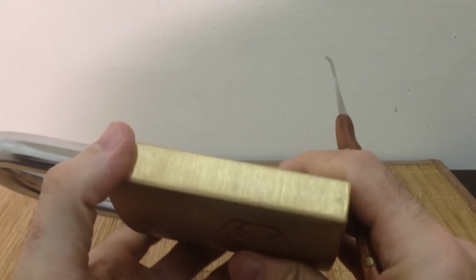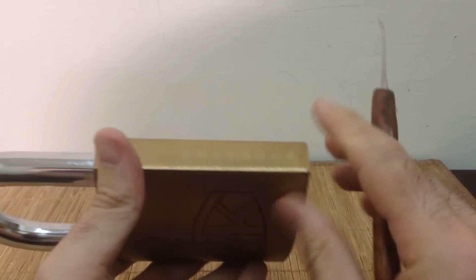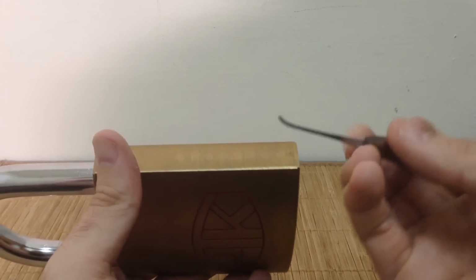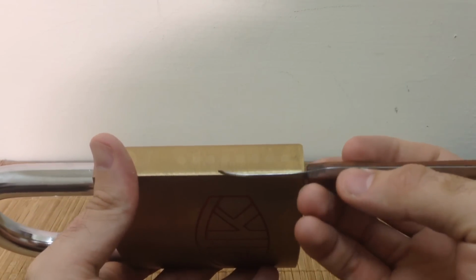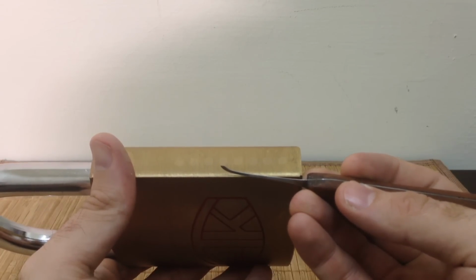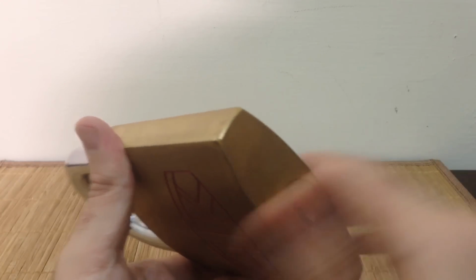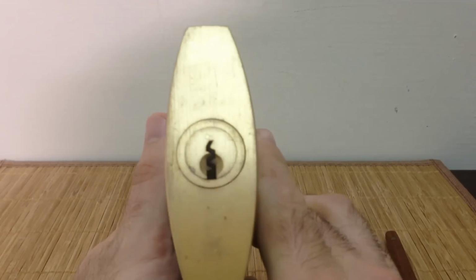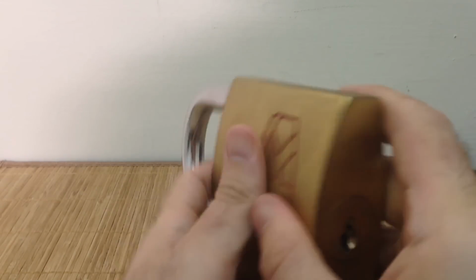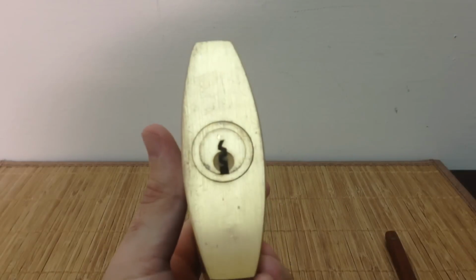You could probably tell that this thing would be so fun to pick. The only problem is the cylinder is so long that you need some very long picks to do so. If you use a normal pick like this one here, you'll get just barely to, I think, that 5th pin, so not even close to being able to hit the 7th one. But if you had some long tools, you could probably do it, but it won't be that easy